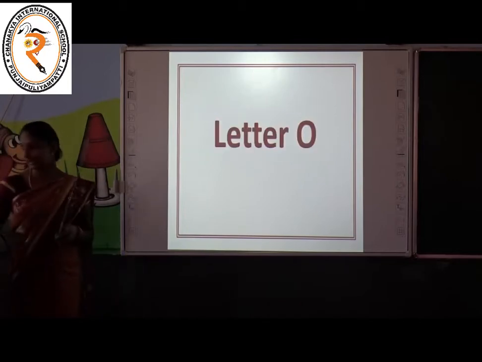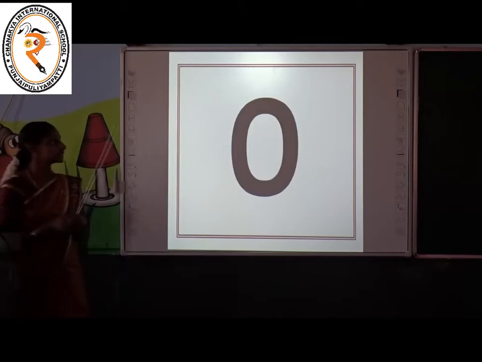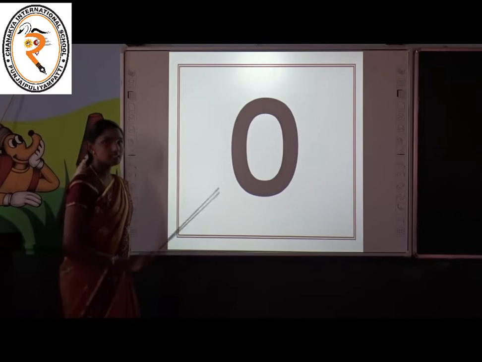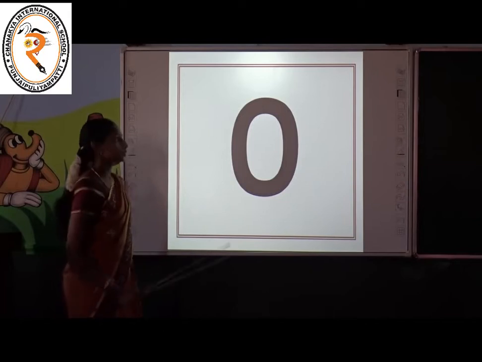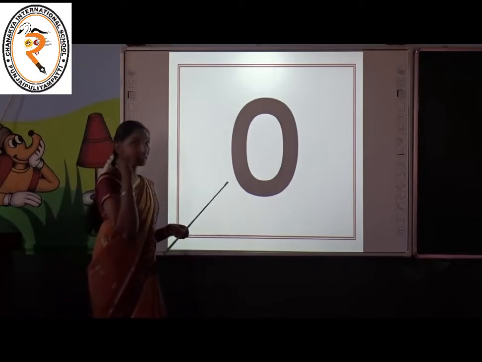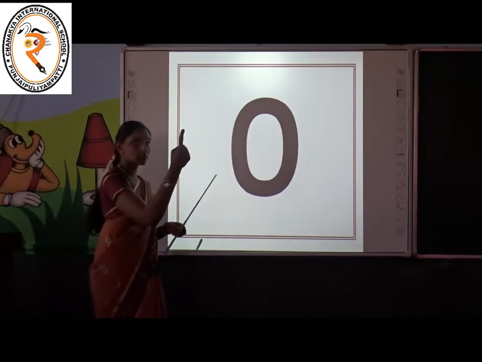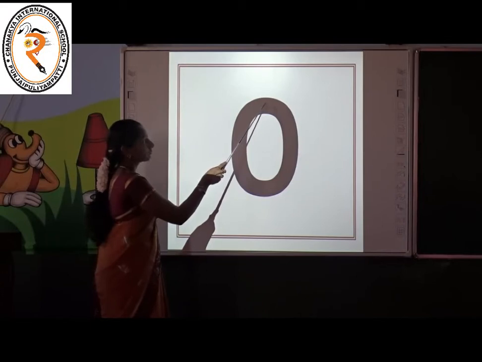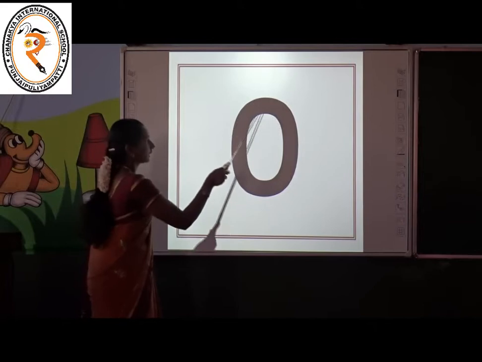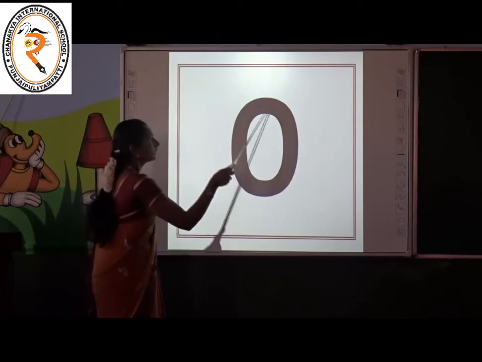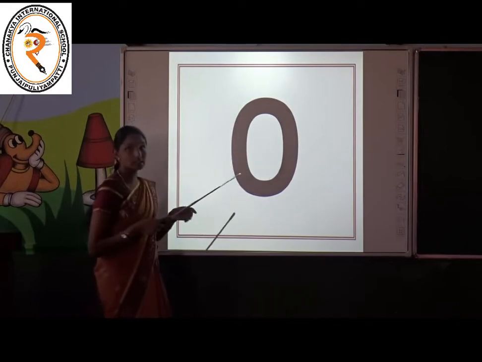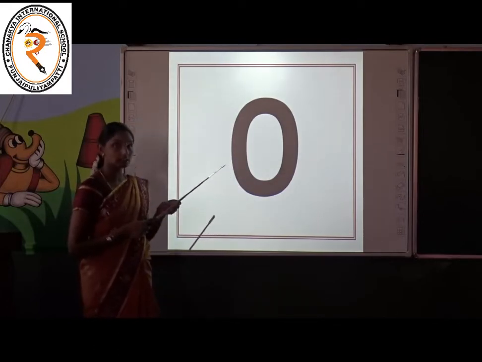What is it? Letter O. Tell me, what is it? Letter O. Shall we trace this letter, children? Yes, to trace this letter, take your index finger. This is your index finger, okay? Do like me, okay? Place on screen, place your index finger at this point. Yes, like this. Yes, move along the letter. Yes, like this you can trace the letter O. This is a circle. It looks like a circle now.